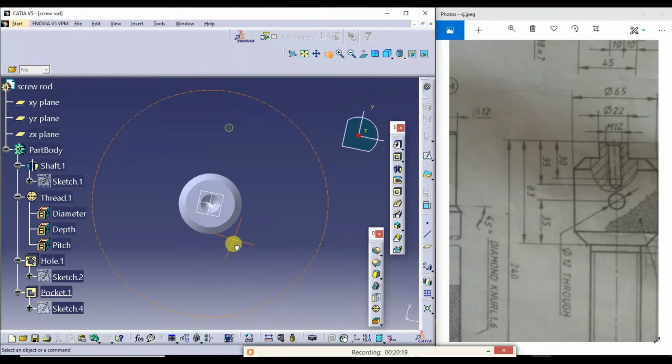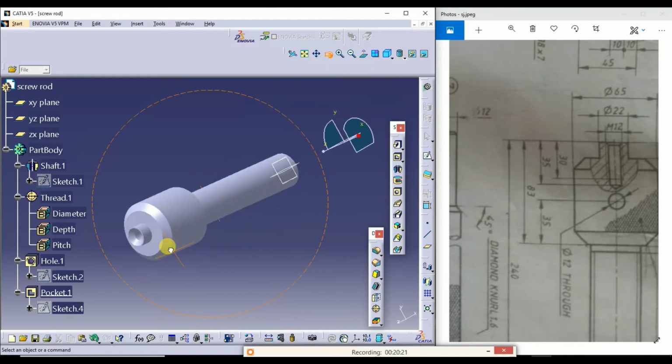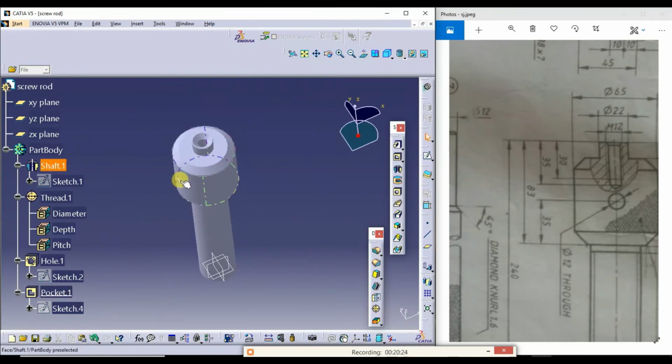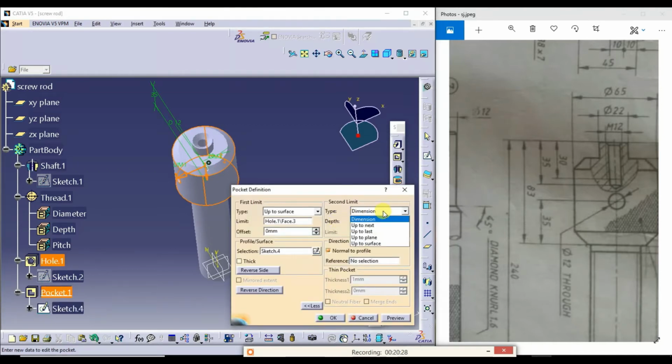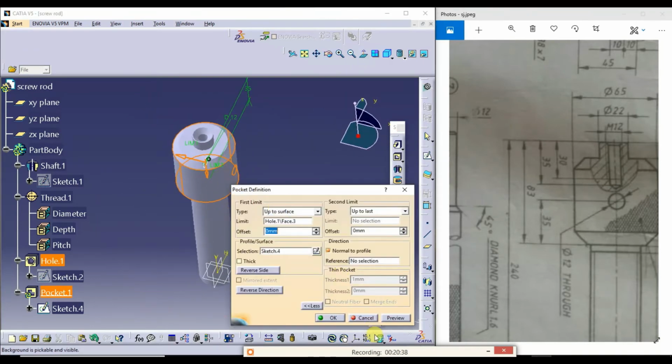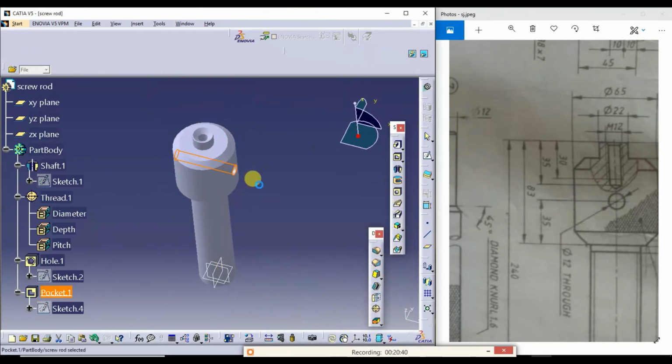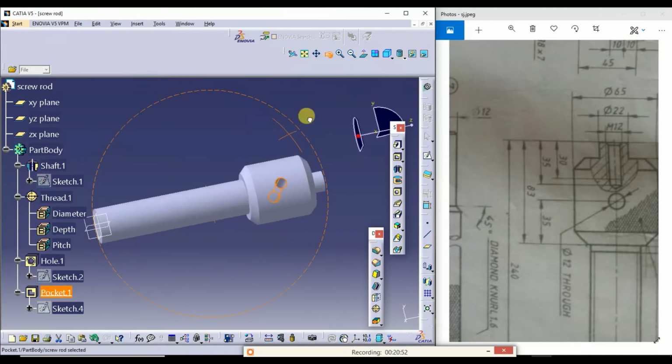This is not a through hole, only one side it is created. So I'll edit this. Just click on this. Up to last, I'll give. So I have created a through hole. Through hole is nothing but from here till the end. So I have got a through hole of diameter 12 mm.